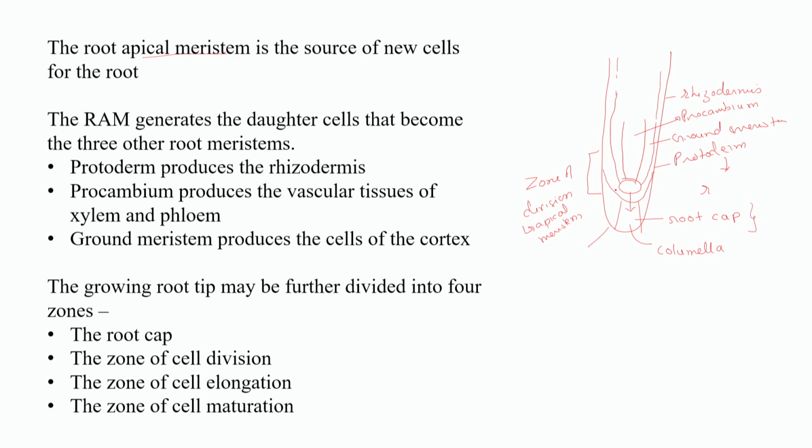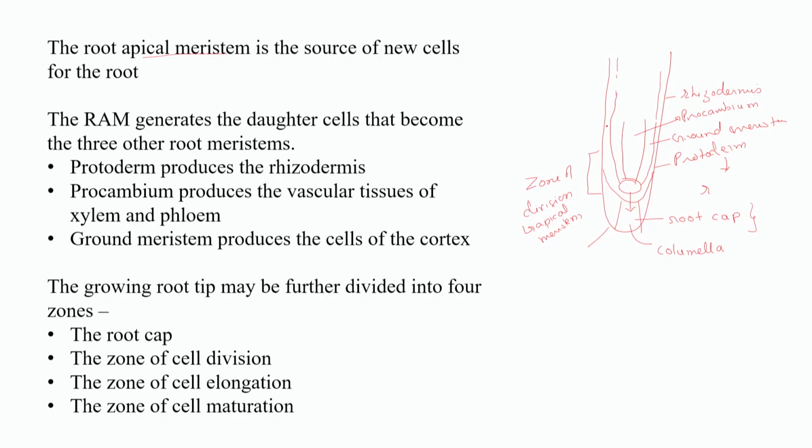In this, the tissues will be undifferentiated, they will be smaller in size, they will be isodiametric, they will not be differentiated into different layers of xylem or phloem. So their structures will be almost similar, and they will be highly dividing cells, metabolically highly active. Then followed by this zone of division, you will have the zone of elongation,